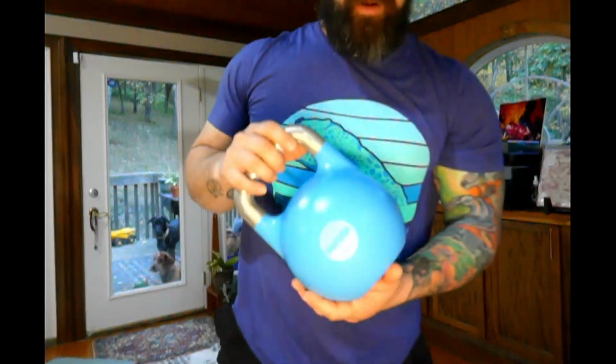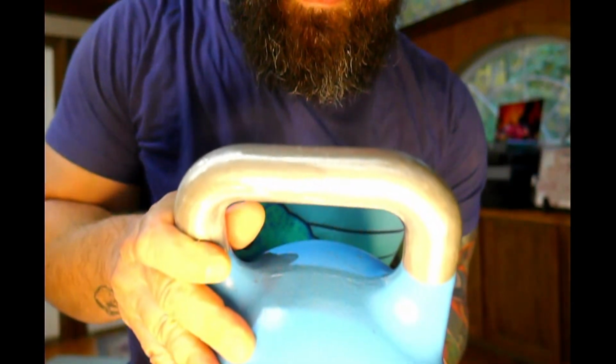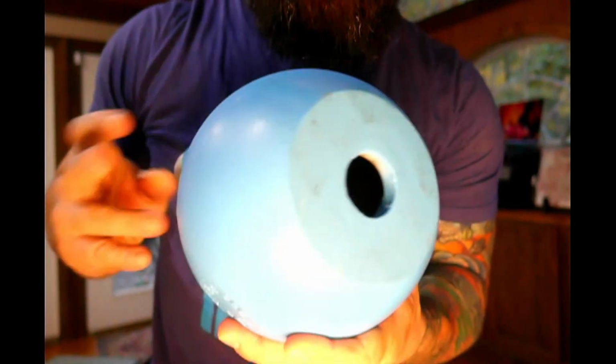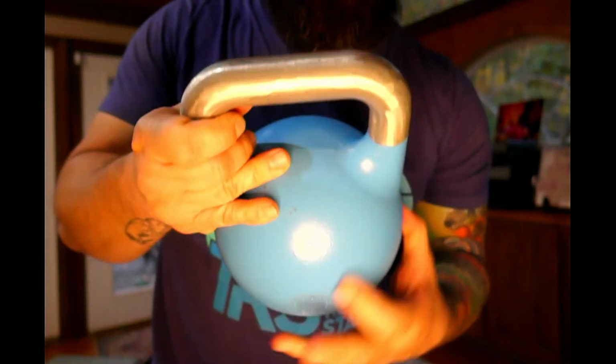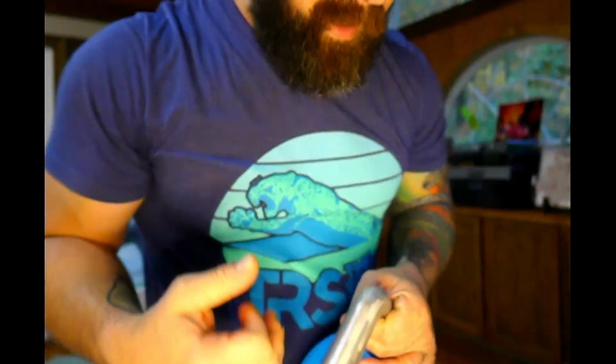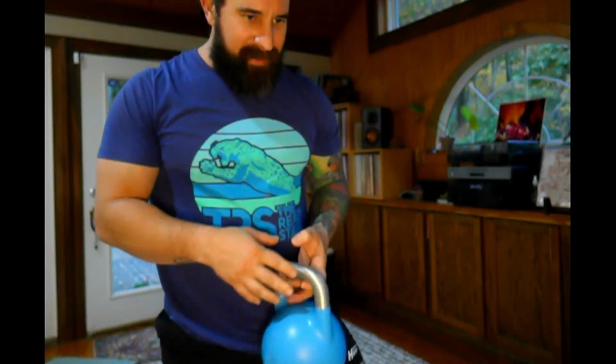Yeah, like check this bell out. These are the kids' bells. They are awesome. Like really, really awesome. You see that? These are aluminum cast bells, and they're wonderful. They hold chalk. Oliver chalks them all the time at the gym. It's a mess. But anyway, so what I'm going to do is I'm going to do